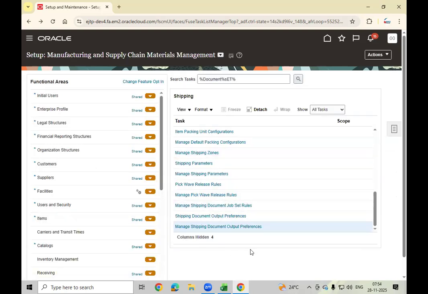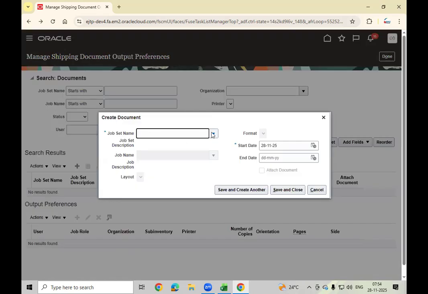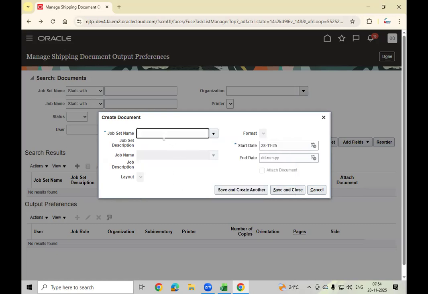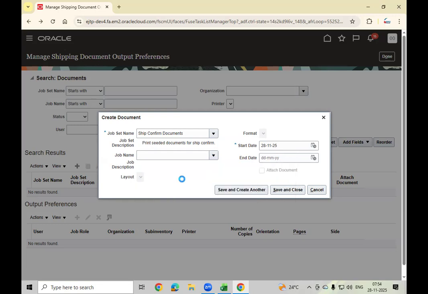It's already one is there, but only rule defined. Suppose if I create like this, job set name, ship confirm documents. I was assigned, this is available, job name. If only I use this particularly,